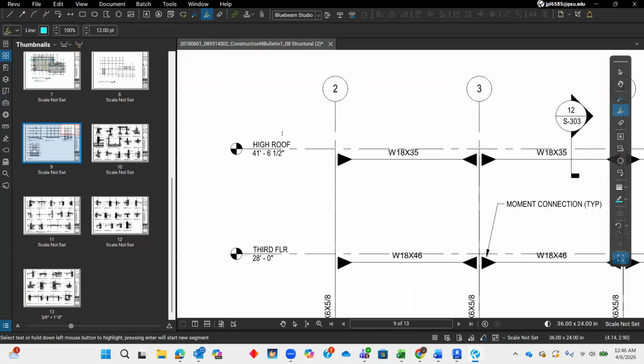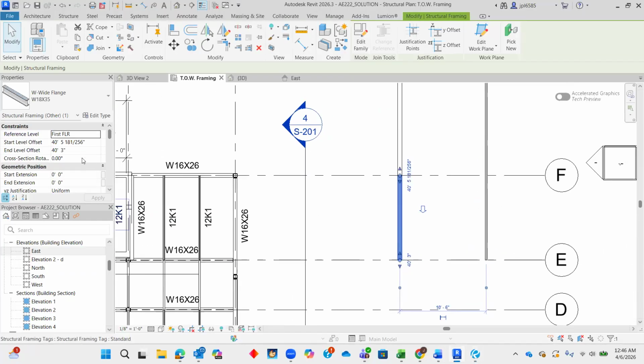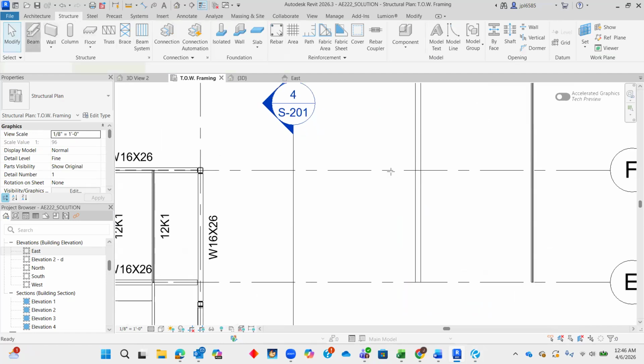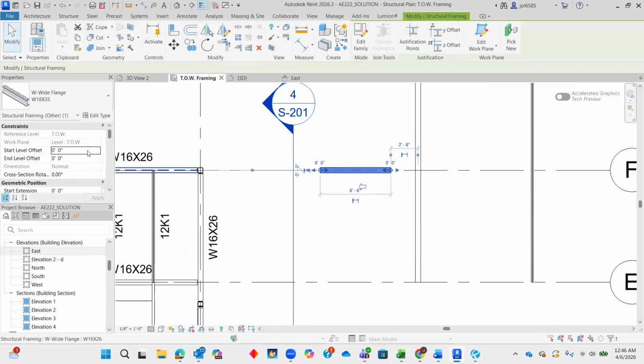Oh, that's right. 41, 6.5. And so that is 40. Say equals 41 feet, 6.5 inches